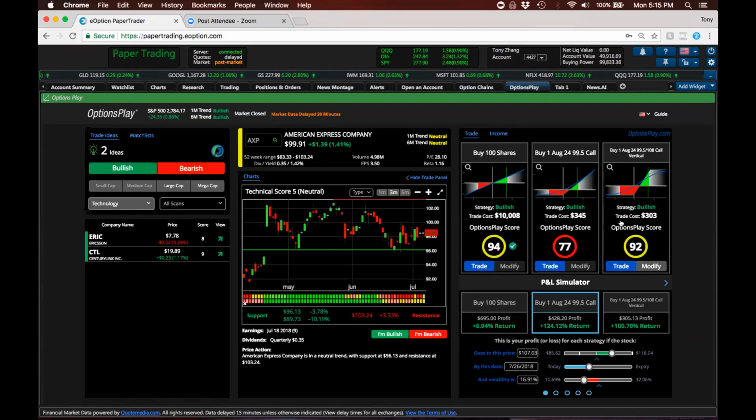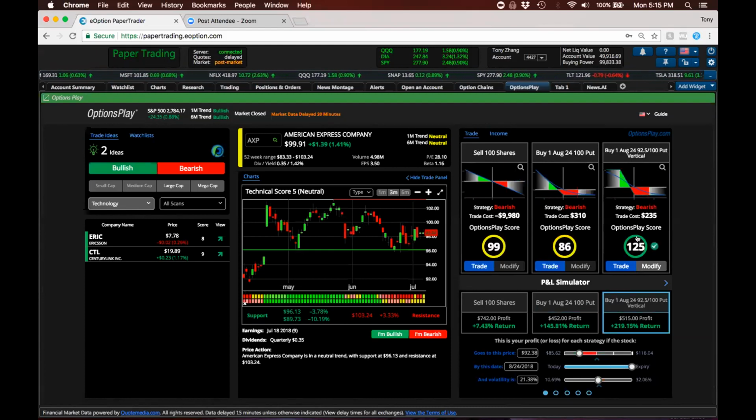So how do you actually compare them? That's really why we created the options play scores. We wanted to give you a unified way to compare strategies apples to apples and understand what the actual risk to reward of each strategy is. And it's all color coded for you so that you don't have to memorize what's a good score and what's a bad score. You just need to know that the red score is telling you that it has a relatively poor risk to reward ratio. Yellow means average and green means good risk to reward. So here, as you can see on this bearish trade, I have a higher risk to reward versus these other two strategies. It's all color coded for you so that you get a feel for what the risk to reward is and it allows you to compare different strategies side by side.